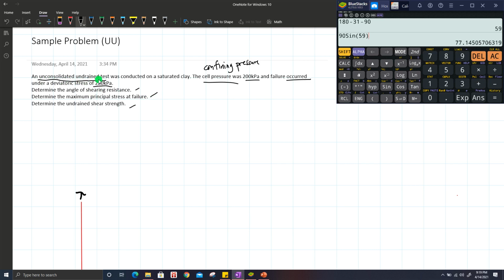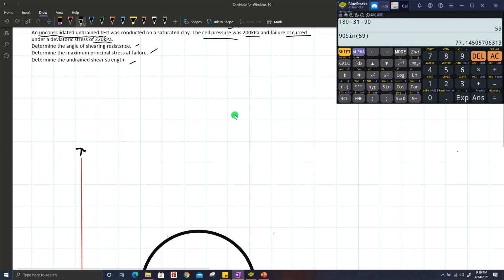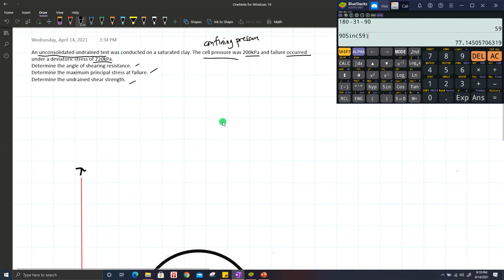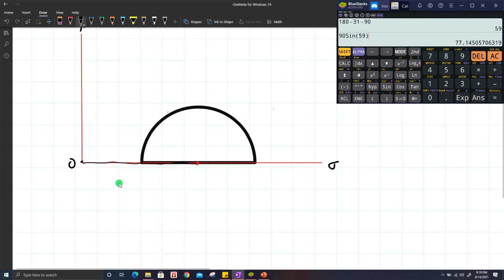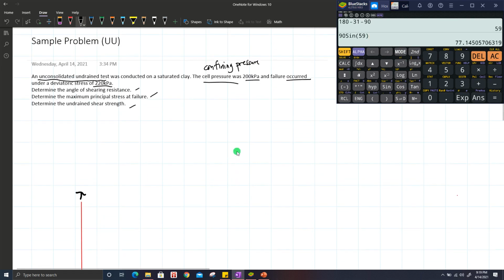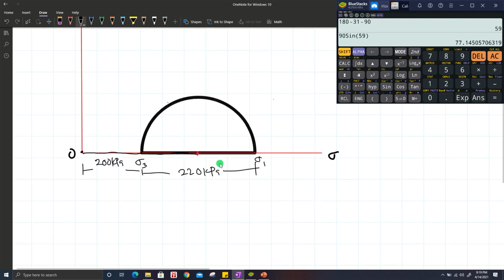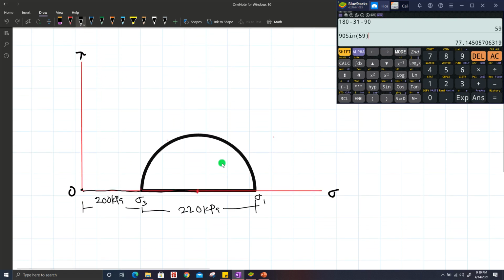So, mag-drawing ulit tayo ng semicircle. So, given 200 kilopascal confining pressure, ito yung sigma 3. Yan, distance na yan galing sa origin. And deviator stress of 220 kilopascal. Okay, ito yung sigma 1. So, yan. Ang angle of shearing resistance or angle of friction class sa unconfined undrained o UU